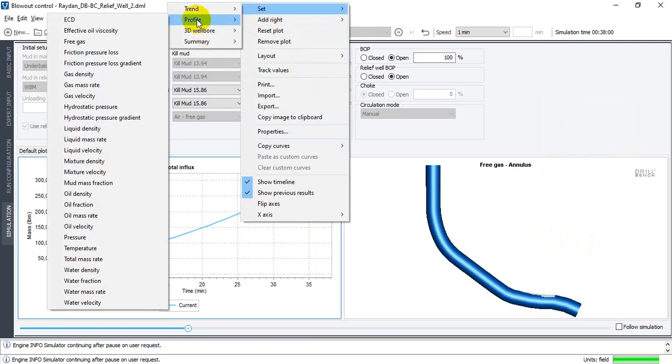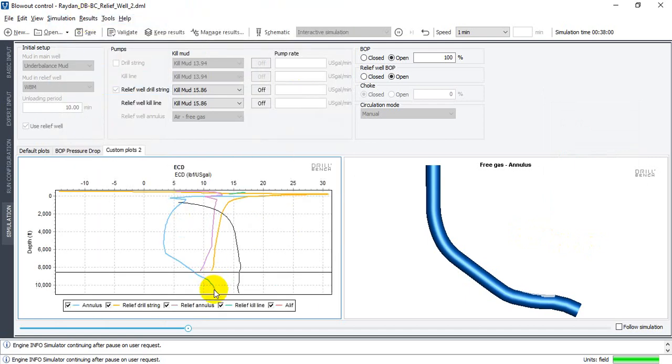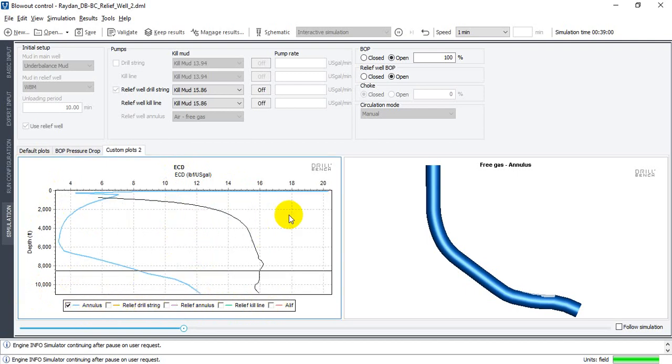Add, for example, effective circulation density. Look at here, effective circulation density by the depth. For the annulus, for the main well, the density starts from the, for example, I can remove this. First, it is started from the